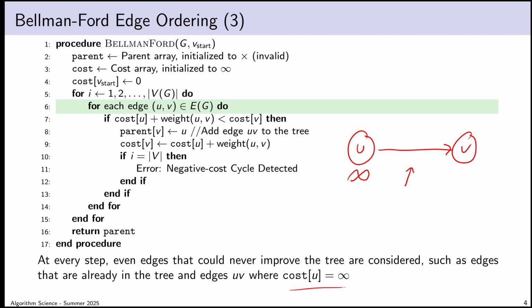Because the destination vertex v, if its cost is currently infinity, then adding this edge isn't going to improve anything. And in the strange event where the cost of travel to v is currently a finite number, clearly no path that takes me through a vertex that costs infinity to reach is going to help me improve my solution in terms of cost of travel to v. And yet, the Bellman-Ford algorithm at every single iteration tries to relax every single edge, even edges that clearly couldn't help anything. Now, arguably, this is because the algorithm is simple enough that there's no way to identify the bad